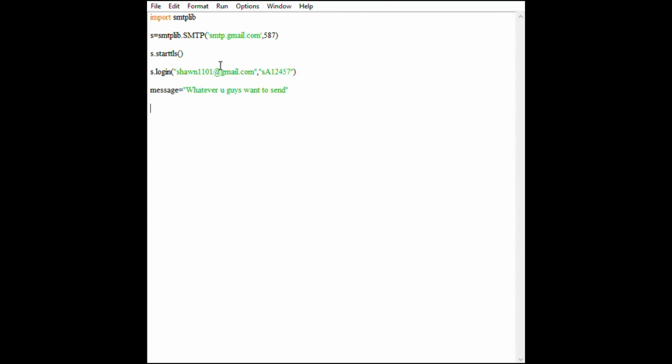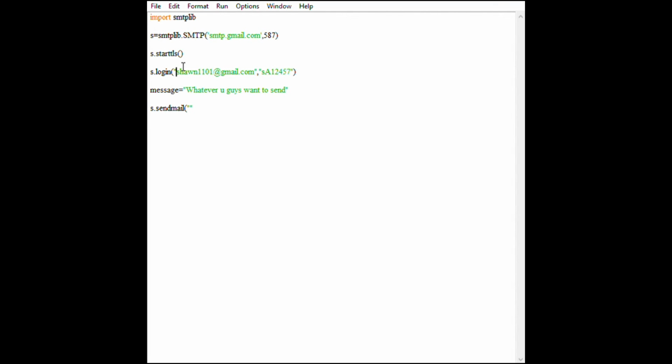The last thing we have to do is send. So server.sendmail. With this command, server.sendmail, we have three parameters. The first parameter is the sender's email address, which is your own email address.